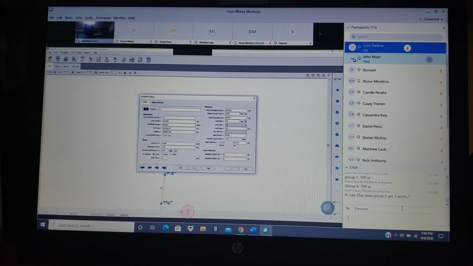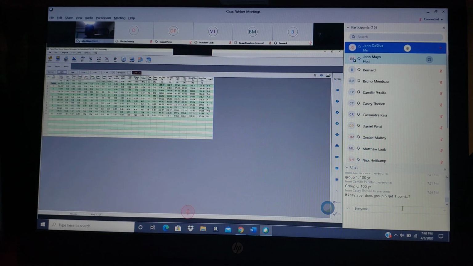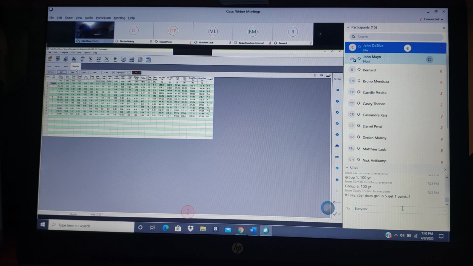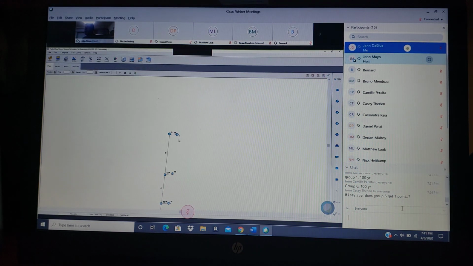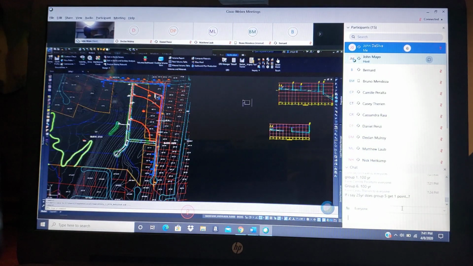Don't trust the computer. Don't trust yourself. I saw on LinkedIn 71% of engineers don't trust the answer their own calculator gives them the first time. Take that for what it is. We do our analysis again, and now we see we still have that 708, but that 18-inch pipe provided us with a greater capacity. But what did I do wrong there? If I made this an 18-inch pipe and this stays a 15-inch pipe, no, they all have to progressively go up in size. And this becomes an iterative process,